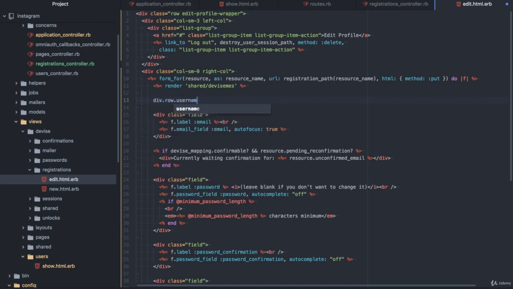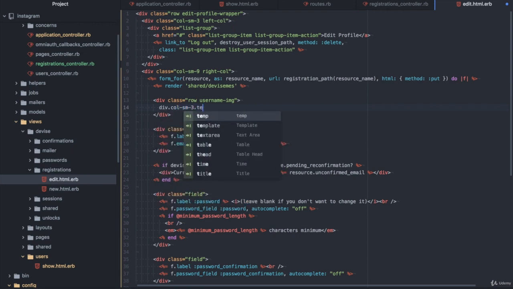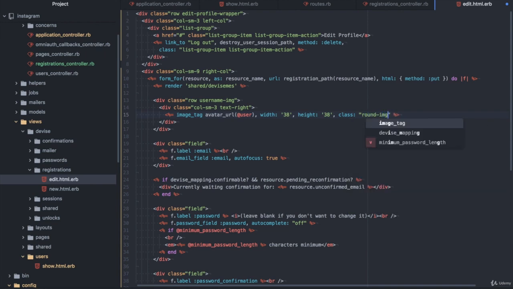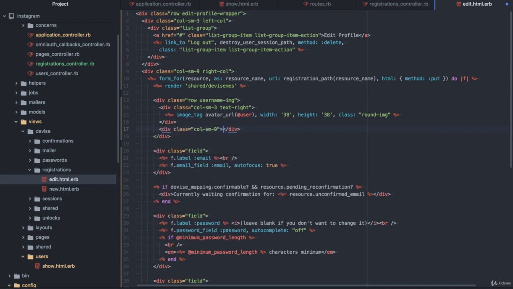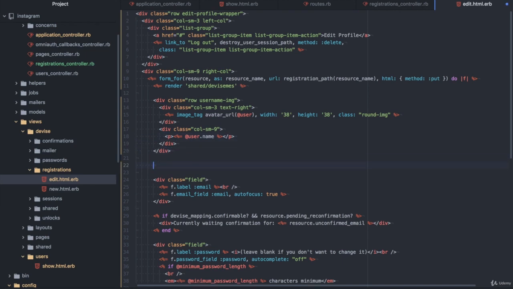div.row, username, image, div.col-sm-3 text-right, image tag, avatar URL, user's width 38, height 38, class rounded image, and in here another column div.col-sm-9, and I'm going to print out user actually name, user.name. Okay, save it,